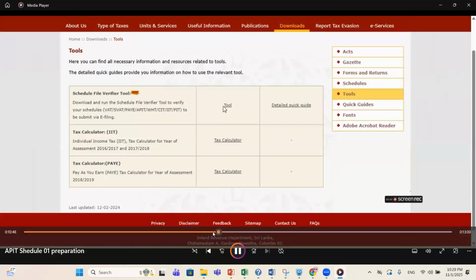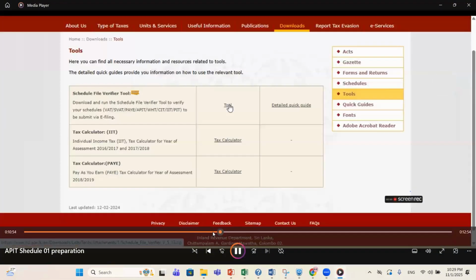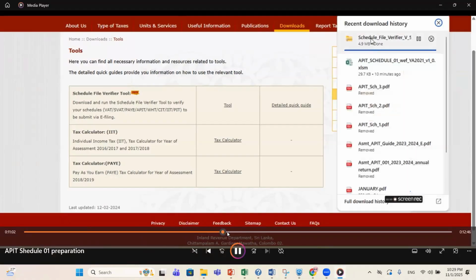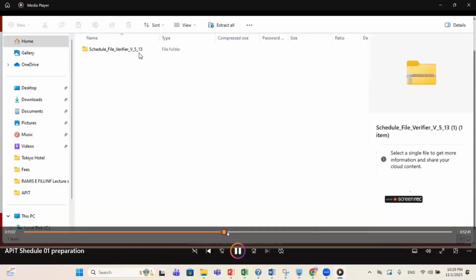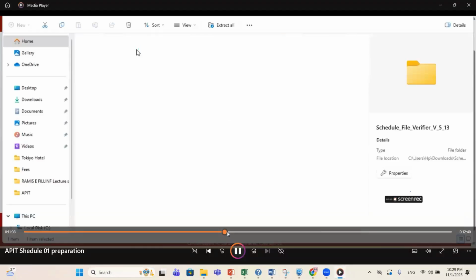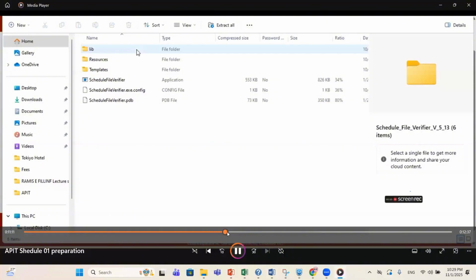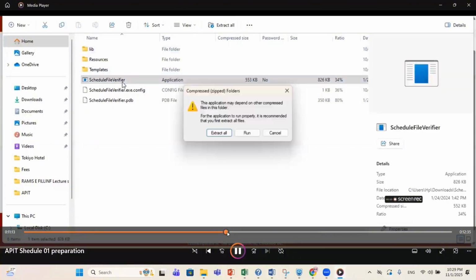You have to use the most recent tool from here. And this is the downloaded schedule verifier. You have to open this. From here, you have to run the application, right?